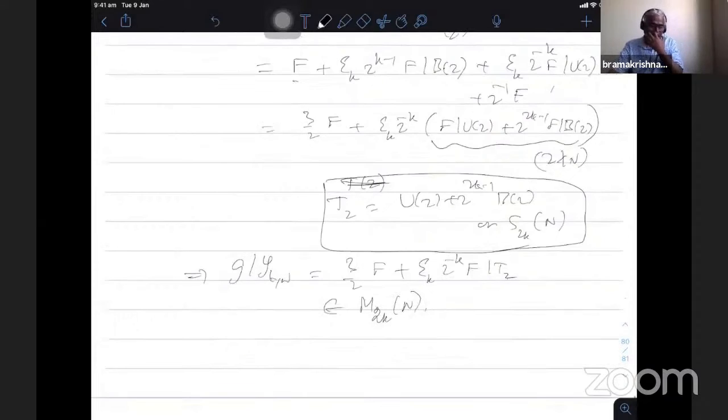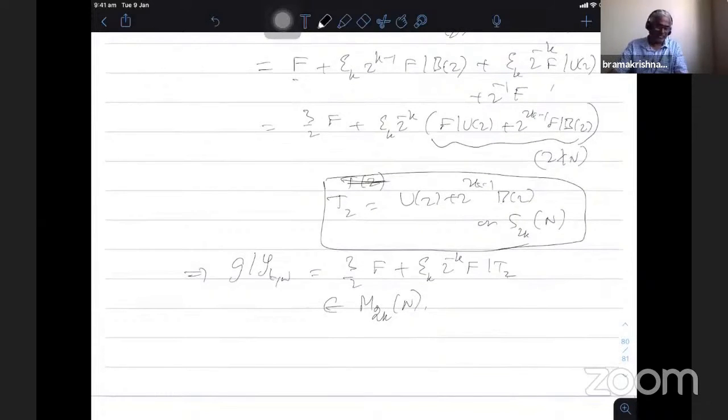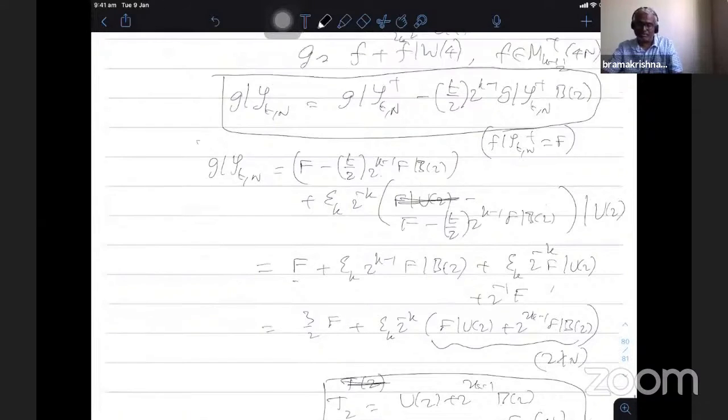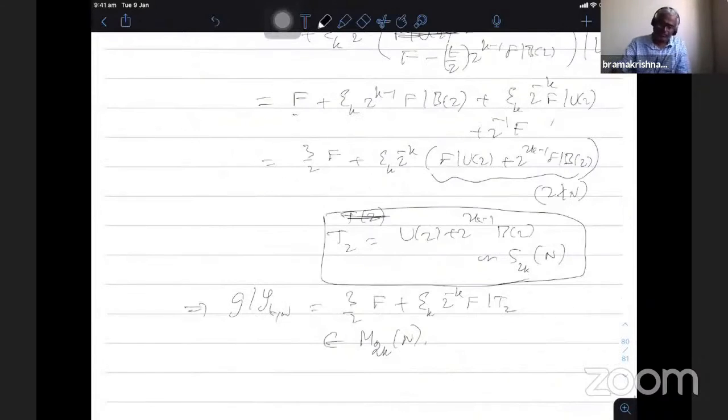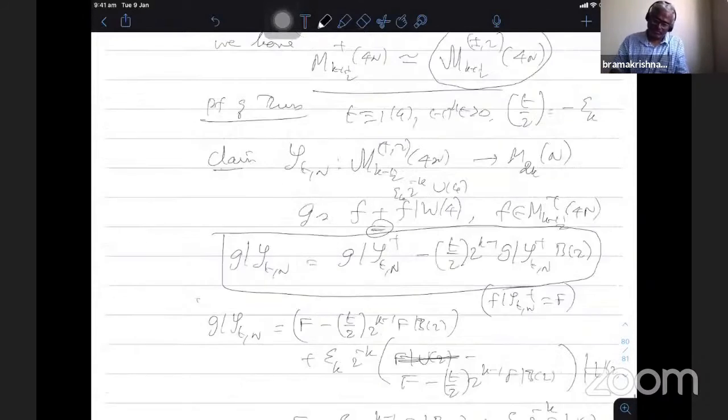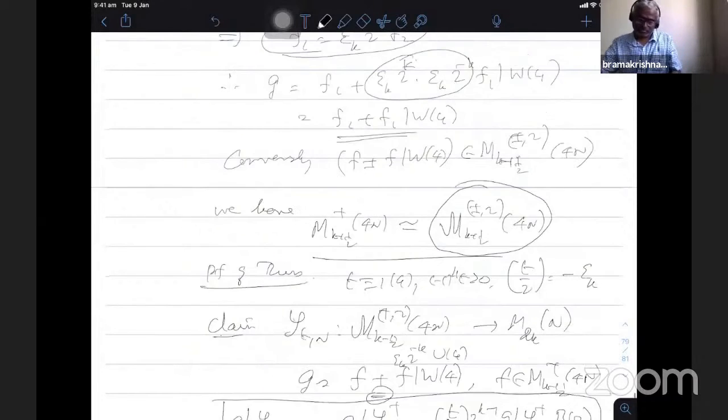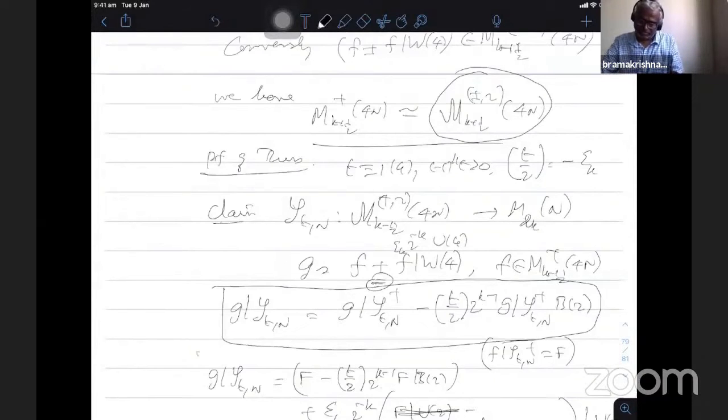So when I take the minus space, the computation is exactly the same. Wherever the T by 2 comes, I should replace it by minus. That's all. You change the plus to minus wherever it is essential, and then here I have to put this minus and take care of the minus. I get back the same result. Therefore, this gives the completion of this. Whenever T satisfies this property, we showed that the Shimura map takes forms in the plus 2 eigenspace into M2k N. Similarly, the minus 2 eigenspace also goes into M2k N.